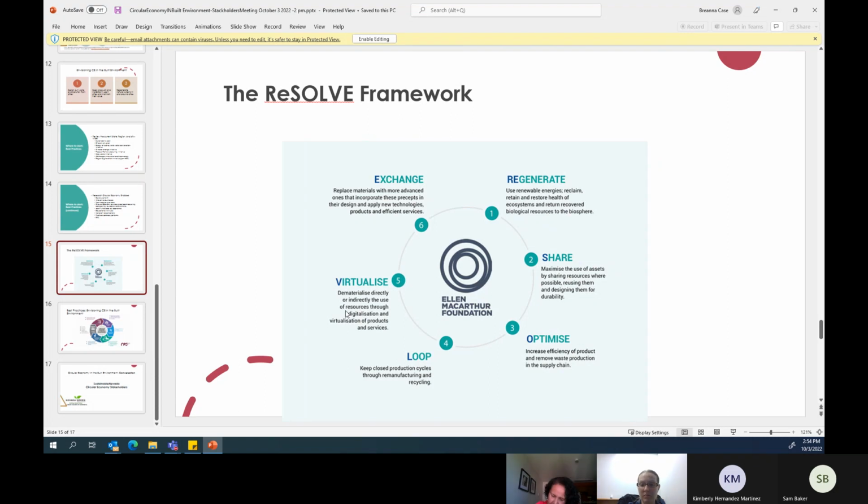When I was taking the circular economy course in Cambridge, I used this model to plug in different types of initiatives, like exchange, regenerative, sharing, virtualize, loop, and everything, so that it gives me an idea to grasp what I mean by the circular economy. If not, it becomes fluid.